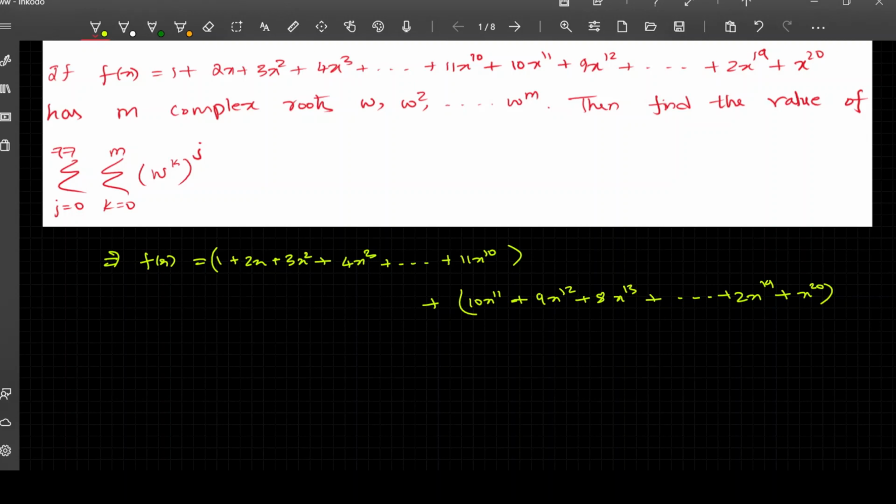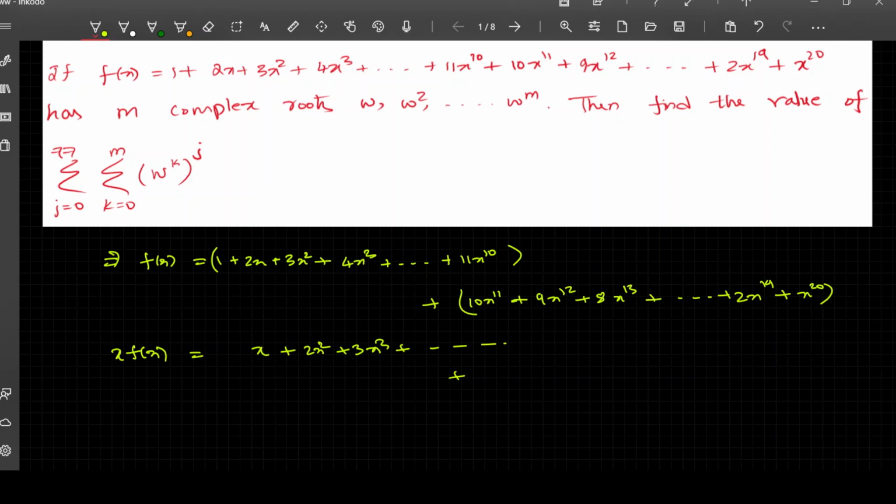To be honest, you can just multiply this f of x by x and then put the terms in the corresponding manner. The very first term will be under the second term of the original f of x. So just multiply x by f of x, and this would be x plus 2x square plus 3x cube plus so on. We can write each term under the corresponding terms, equate the degrees, and then subtract. This logic seems to be applied here.